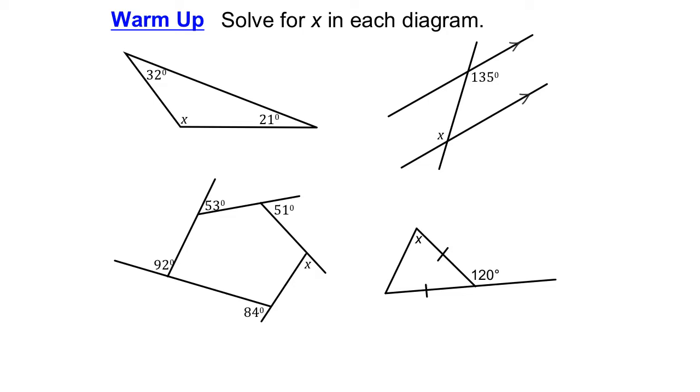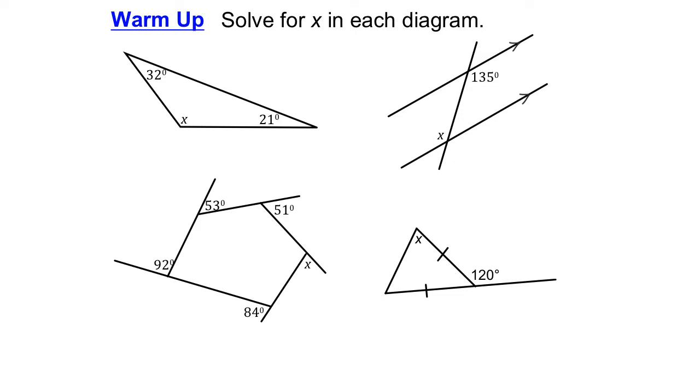For this warm-up question, try to see if you can remember different angle properties. So we're dealing with interior angles of a triangle. We've got some exterior angles of a polygon here. We've got parallel lines. And we've got some other angle properties of triangles over here. So pause the video, see what you can remember, and try to figure out what each of these missing angles